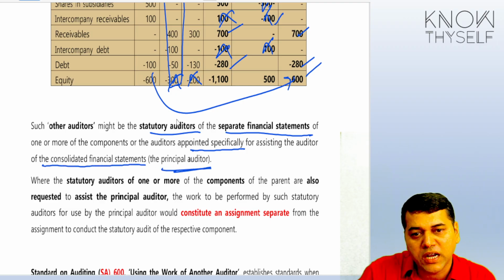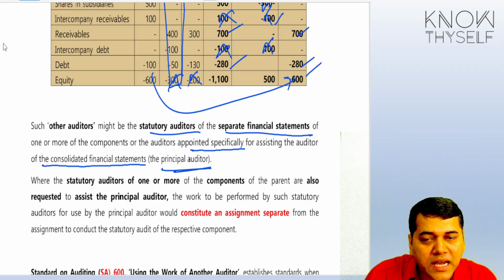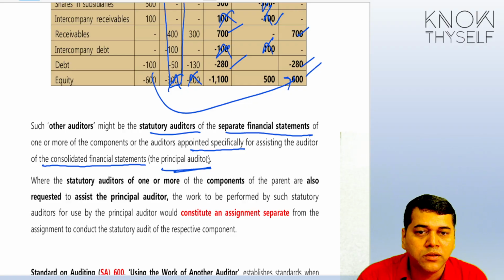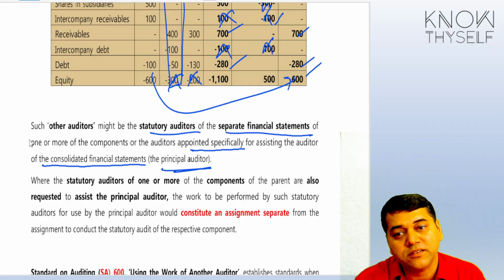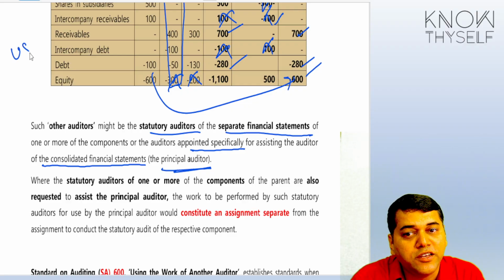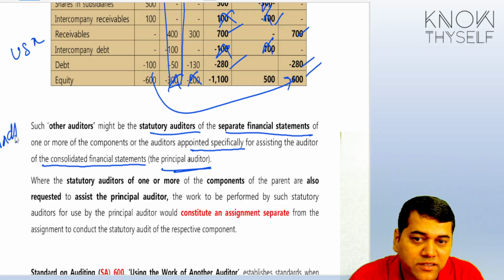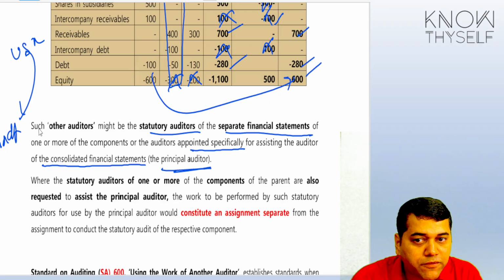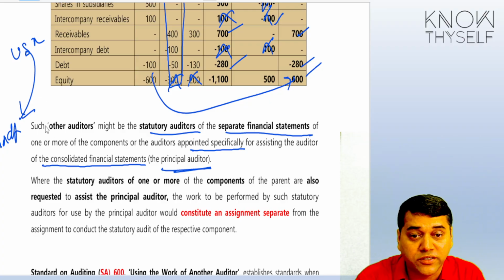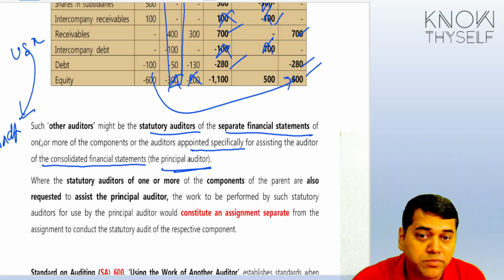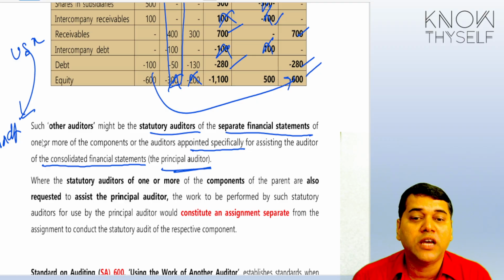That means, now what happened? Because of this time gap, reporting, additional requirements and all, we may require the help. Like your financial statements are in US GAAP. I have to consolidate in Ind AS. I cannot directly take that US GAAP financial statement. I need GAAP adjustment audits. I need to prepare something called a GAAP adjustment. Now, who is going to help me?